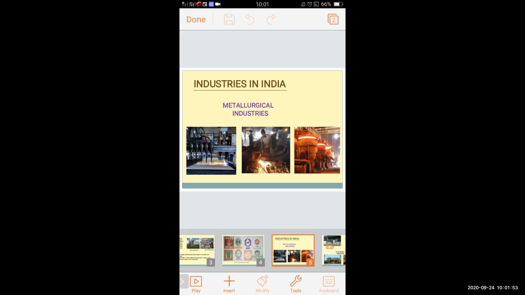Thermal power stations need more electricity, so in this region there is a large supply of electricity. So these industries have developed in that region. Availability of large quantities of coal, along with cheap power from the Damodar Valley Corporation and the number of thermal power projects, is an advantage. In Rajasthan, we get copper, lead, and zinc.